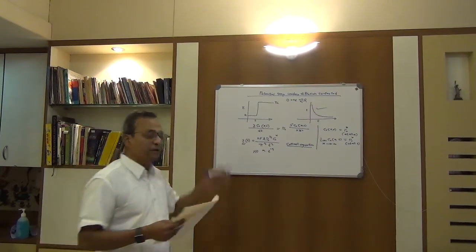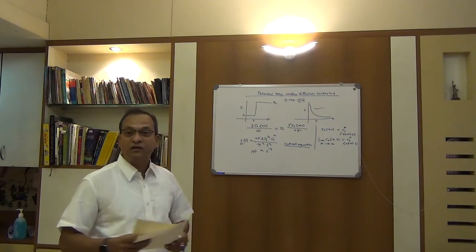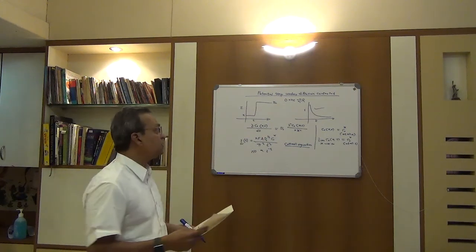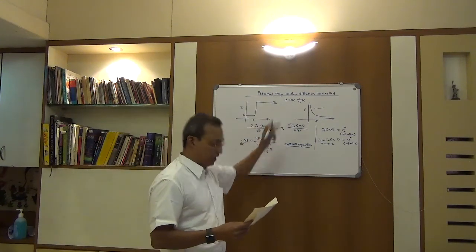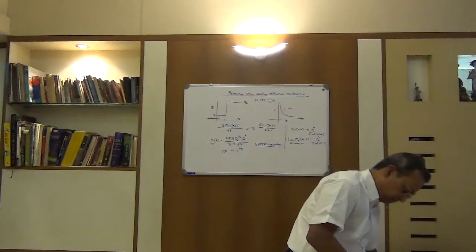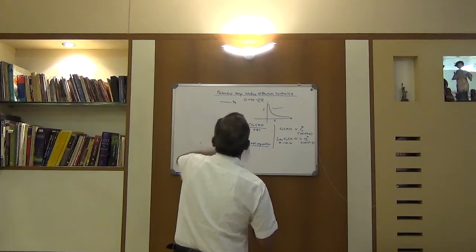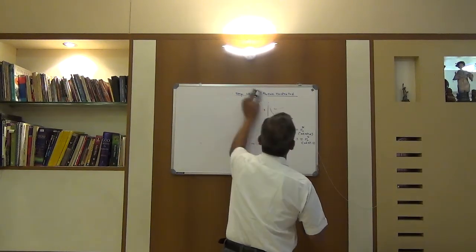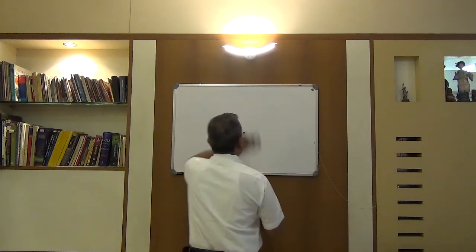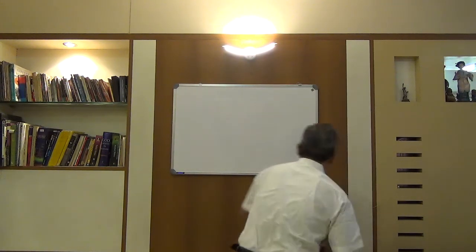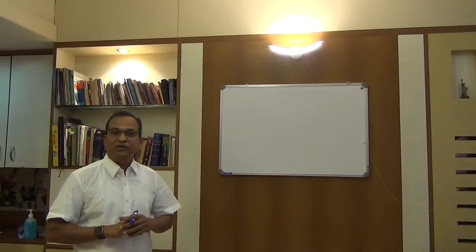So it is a very simple, rudimentary mathematical treatment for applying a step potential to the electrode immersed in the solution of O, where the reaction is O plus ne goes to R. Today what we have planned is to explain another important electroanalytical technique, again under diffusion control at a planar electrode, where instead of applying a step potential, the potential is going to change with time.